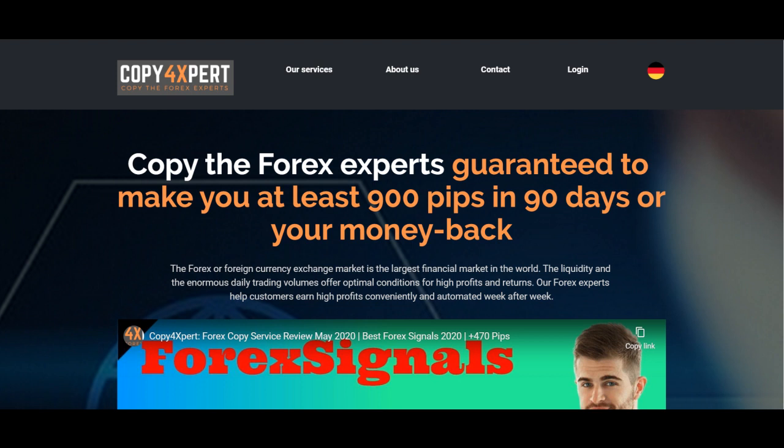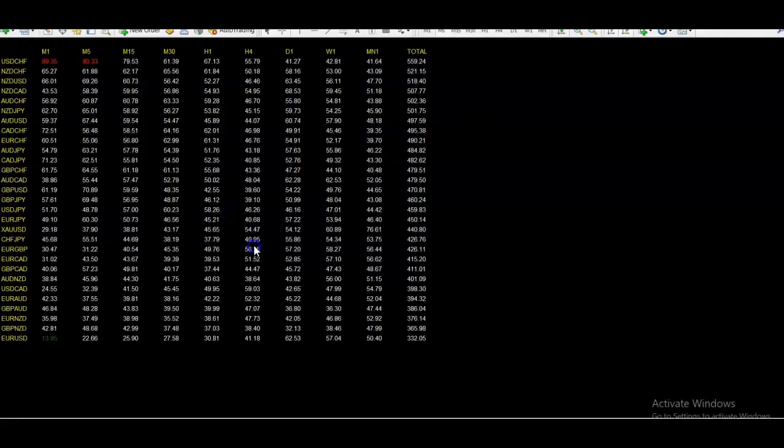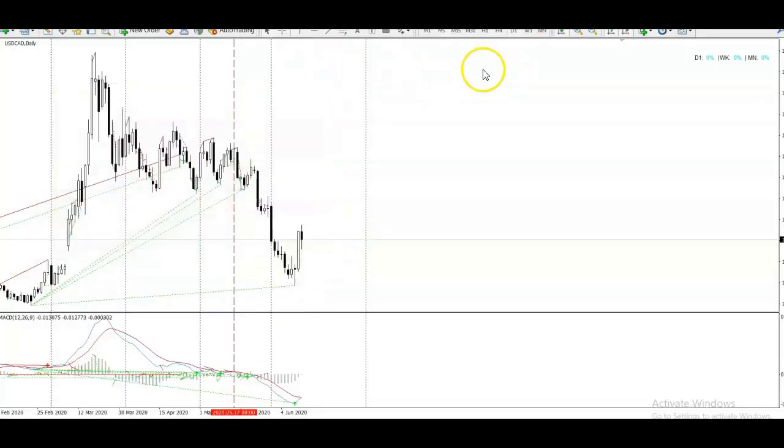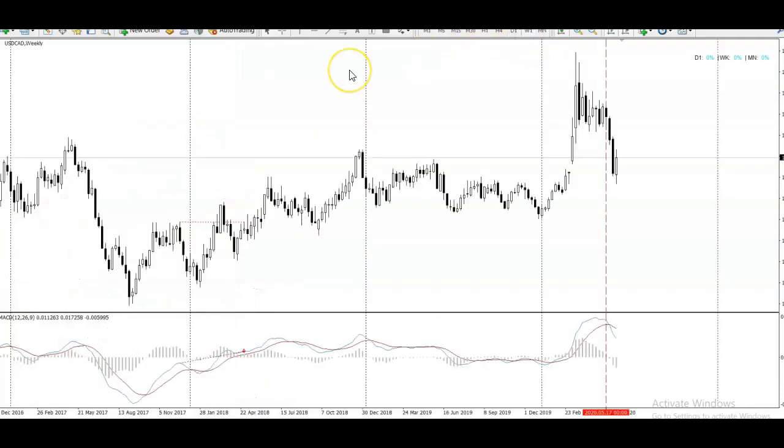So this week's free trade setup, free set and forget, is going to be on the USD Canadian dollar. I'm just going to open up the chart here, and I'm going to explain the trade I'm looking to get in at. I'm looking to actually sell this pair,